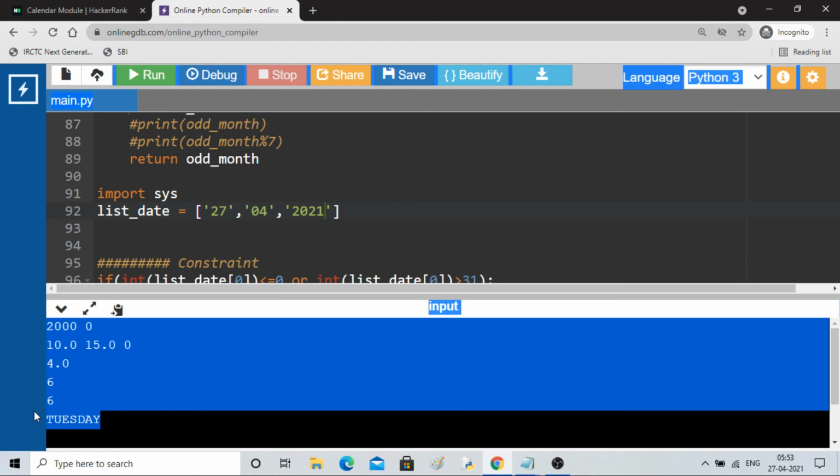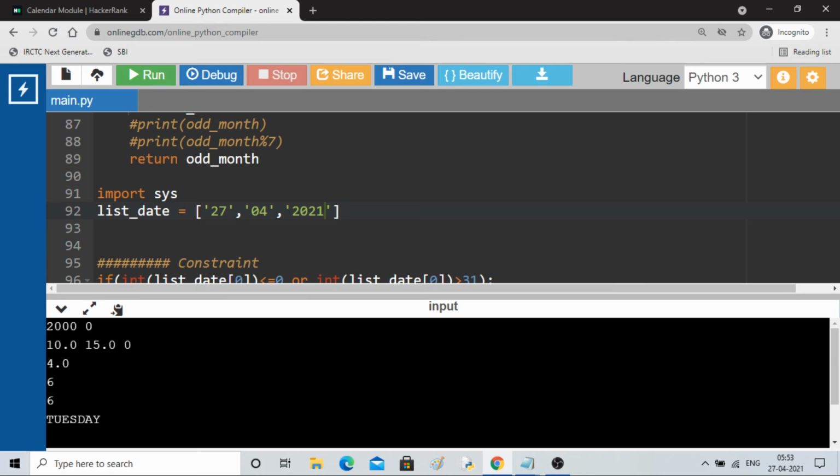It is showing Tuesday, today is Tuesday, and you can see all the other values which are printed. See, this is the closest century year given for this year. So 2000 will be the closest century year, right? And the number of odd days is 0, you can see.